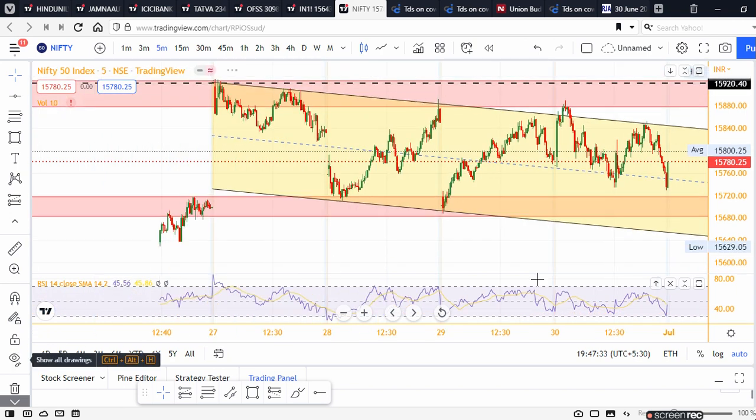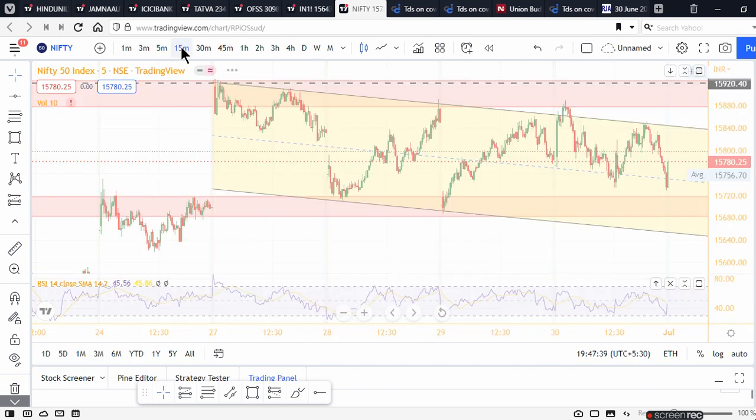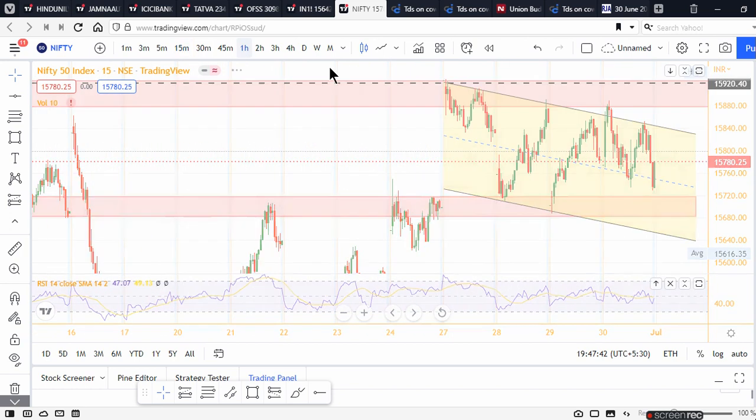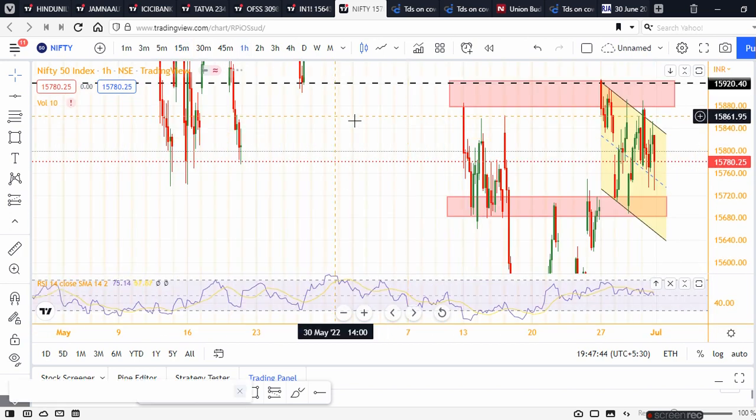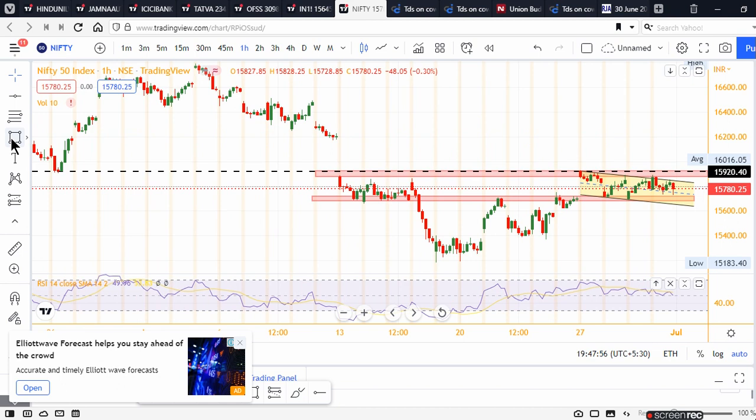Now we are in the middle of a range. The range clearly tells us that market is following this level. Let us go to the hourly level and mark that key level which we identified on hourly. One more important thing I'll tell you guys. Kindly be with me. So what I am doing is I am marking a key level over here. I'll tell you the importance. This is the key level which market was not able to break below today on an intraday basis. It tried twice, but we had buying pressure from downside and it made it close on the upside.